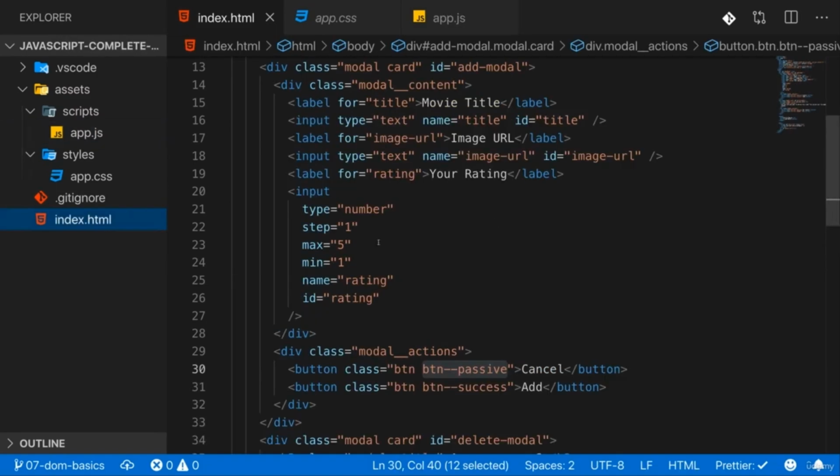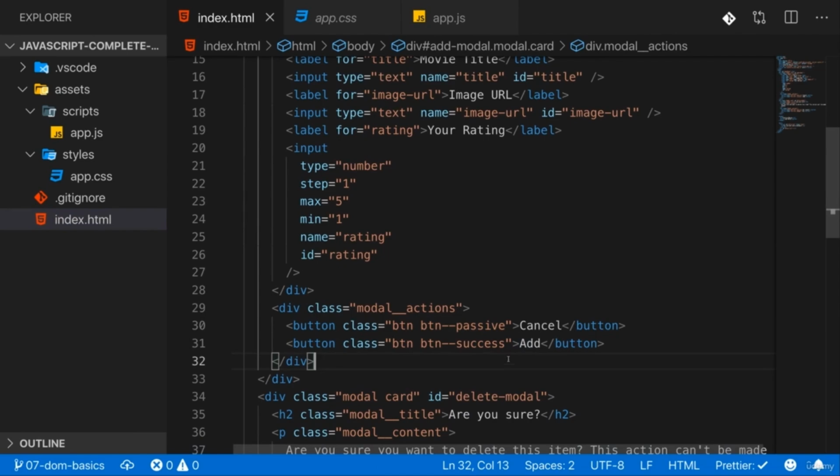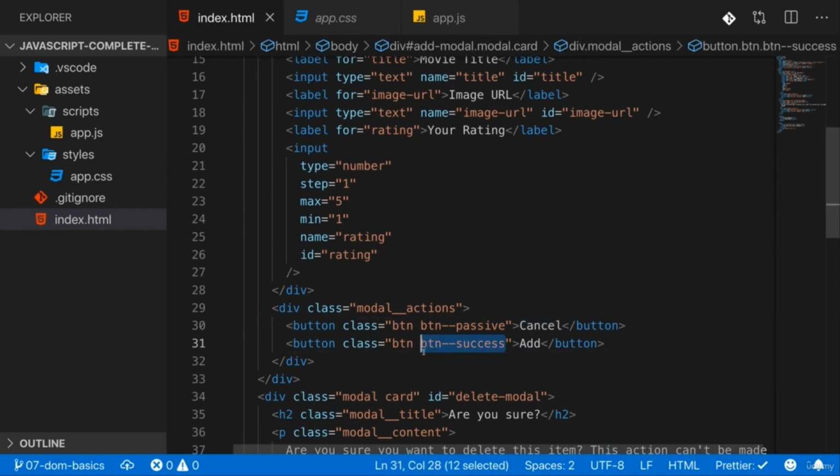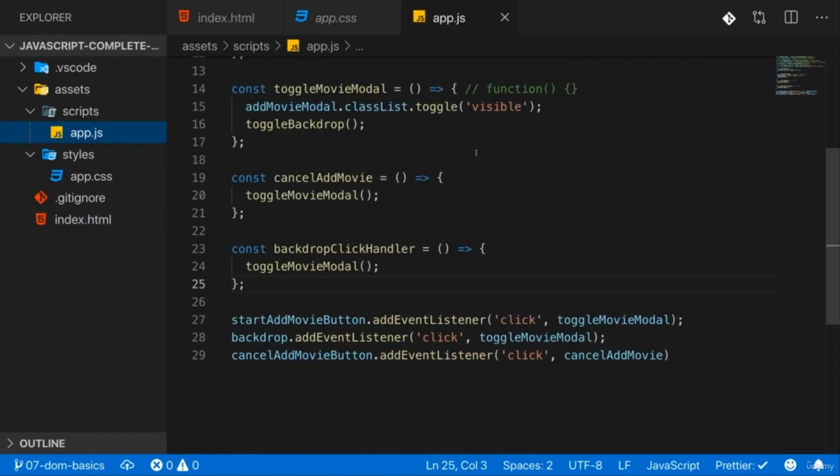The first step again is to get access to that add button here, and we can select this like we selected the cancel button, just with button success, or actually based on the cancel button, and then we take the next element sibling, which would be this add button. And here it's unlikely that another button gets added, so using this DOM traversal technique actually should be fine here,